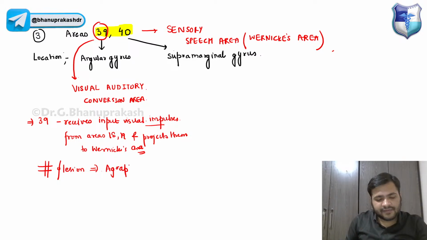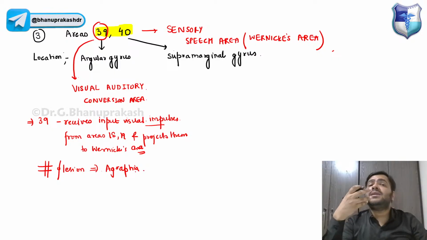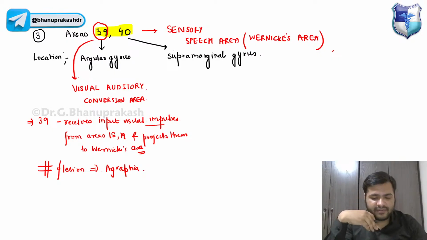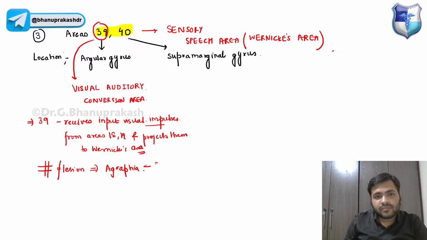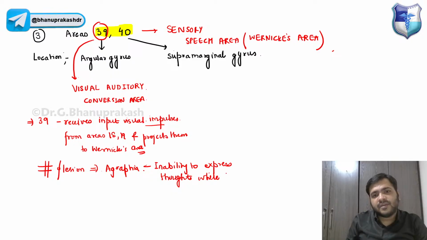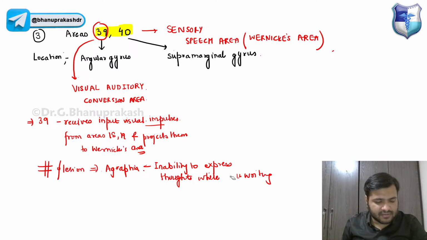Now, when I say agraphia, guys, agraphia means inability to express thoughts while writing, right? So the person will be unable to express his thoughts while writing. So that is one of the things that you have to remember. Apart from that, guys, you can also remember